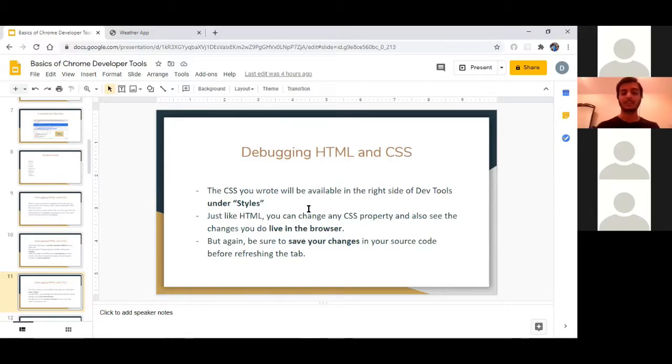So you can select any element from your DOM tree on the left-hand side. You can select that and you will see all the properties related with that particular HTML element on the right side under Styles. So you can change any of them. You can edit any property. You can add margin. You can remove padding. You can see how it all changes. And if you like,